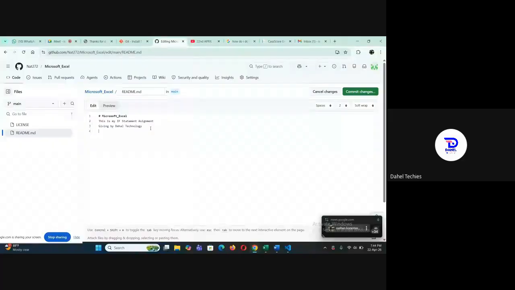No. You can write it on the same line, like line 2. This is my if statement assignment given, I think past tense or something. Pardon me, English teachers. Given by the technologies, and then you hit enter, and then put a hashtag, and then put a space after the hashtag, and then type something like